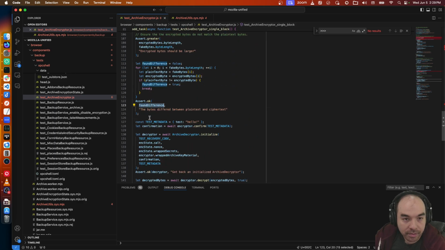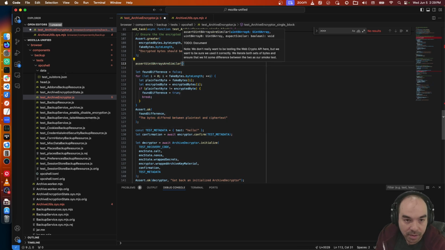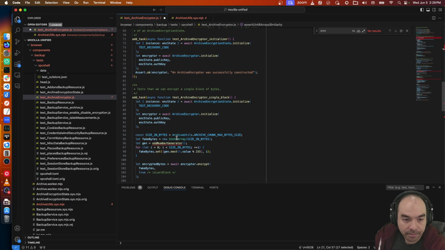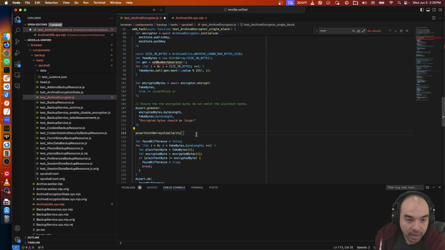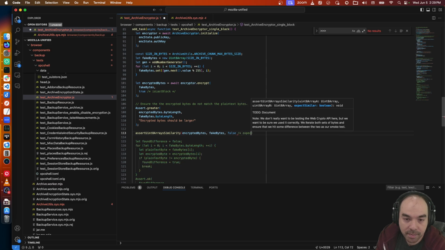Found difference. So we're going to do this. Assert are similar. Are similar is also not assert, so I'll call it assert raise similarity. Similarity: encrypted bytes, fake bytes, false, expect similar.